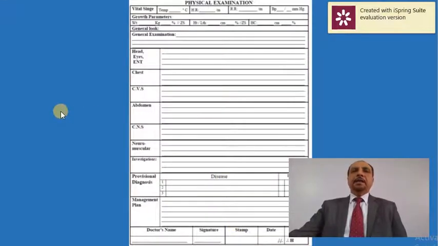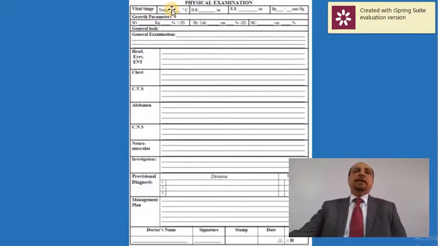This is the second page of the pediatric admission sheet, which will include the physical examination. As you see, vital signs are vital. That's why we write here temperature, heart rate, respiratory rate, and blood pressure. The 4 vital signs should be taken, and there is really no excuse for saying you could not take some of the vital signs. No, because you